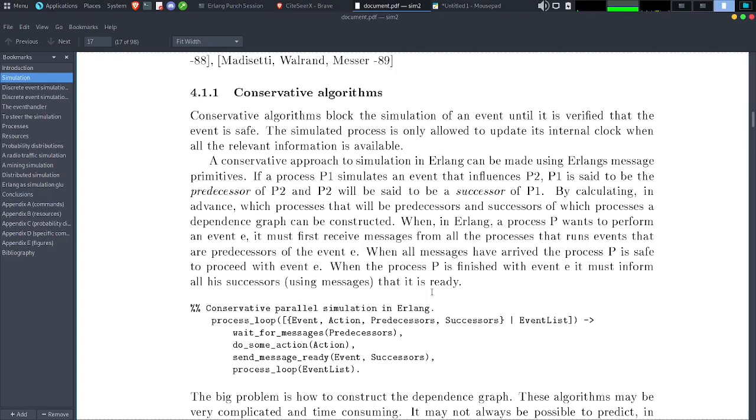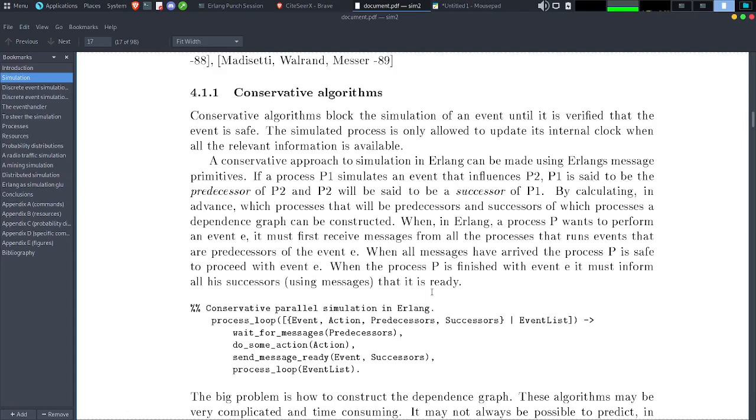If a process P1 simulates an event that influences P2, P1 is said to be the predecessor of P2, and P2 would be said to be a successor of P1. By calculating in advance which processes will be predecessors and successors of which processes, a dependence graph can be constructed.